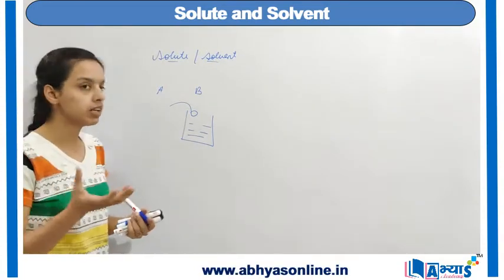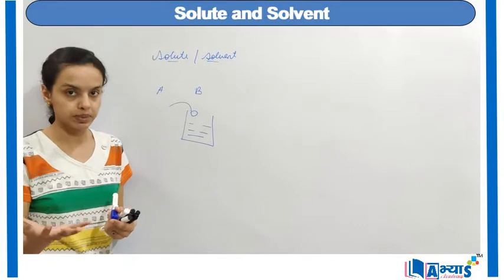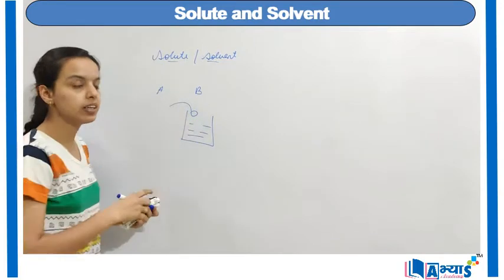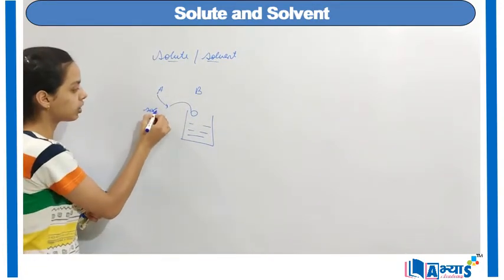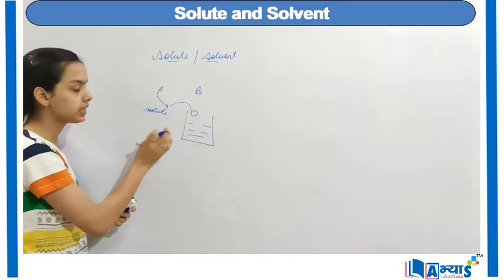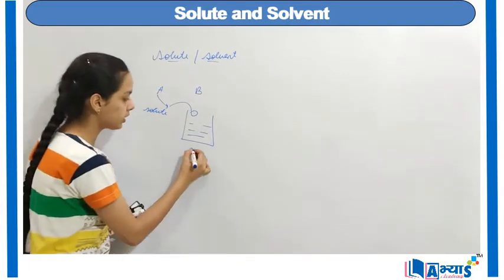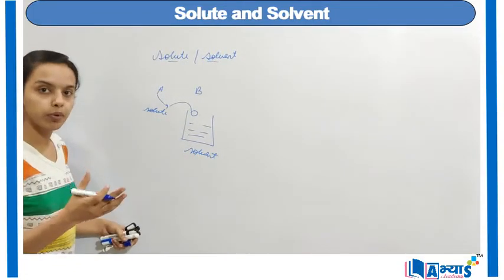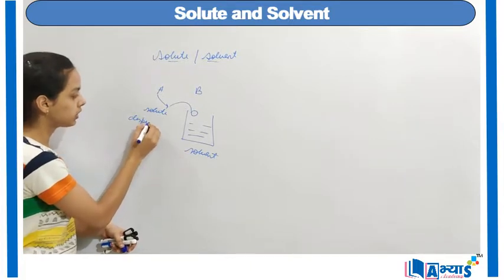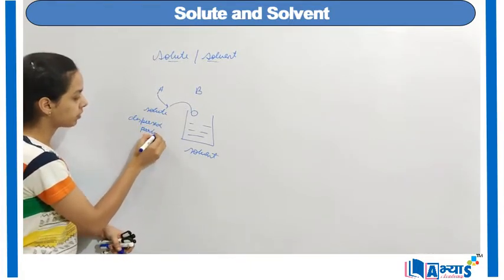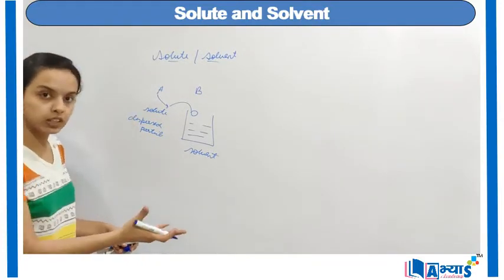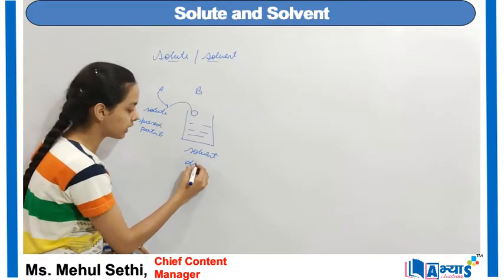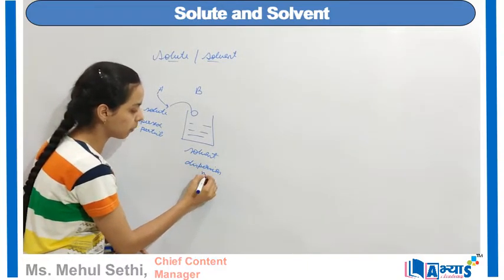B. Now whenever a substance is being added to another substance, it forms a mixture. Now in this case, the compound which is being added is component A, and that is referred to as the solute, and the substance in which it is being added is referred to as the solvent. So we can say that solute refers to that component which is actually the dispersed particle, that is being mixed, and in which it is being mixed, it is referred to as a solvent, or it is referred to as the dispersion medium.